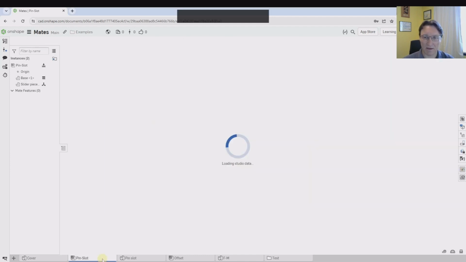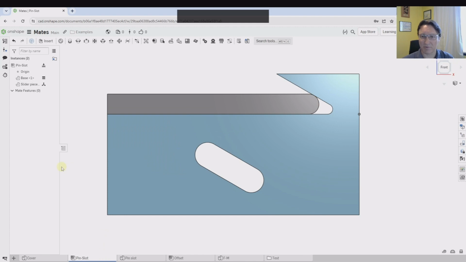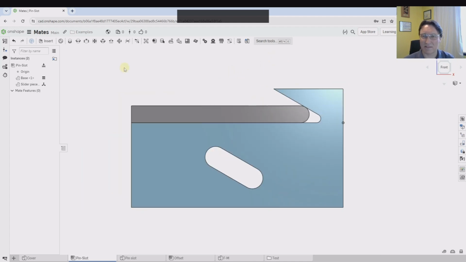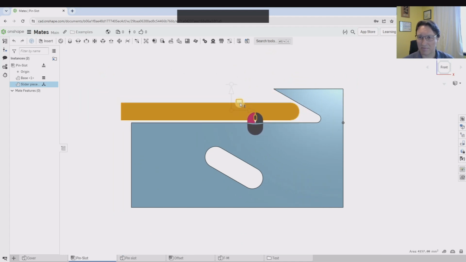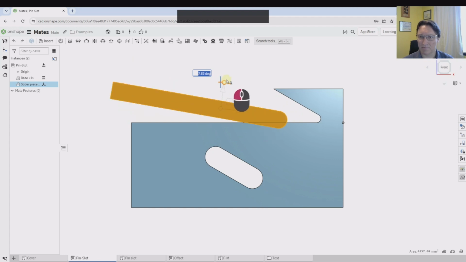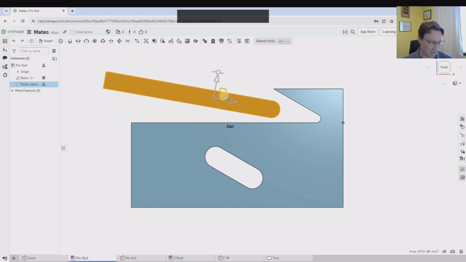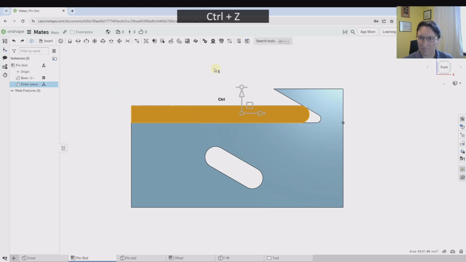So let's say you have something like this where you have a fixed block of some sort and a bar that comes and wedges itself in here. Could be kind of thing you see on a folding table or a folding chair. And basically we want this to be able to come in here, and at an angle or whatever, and actually